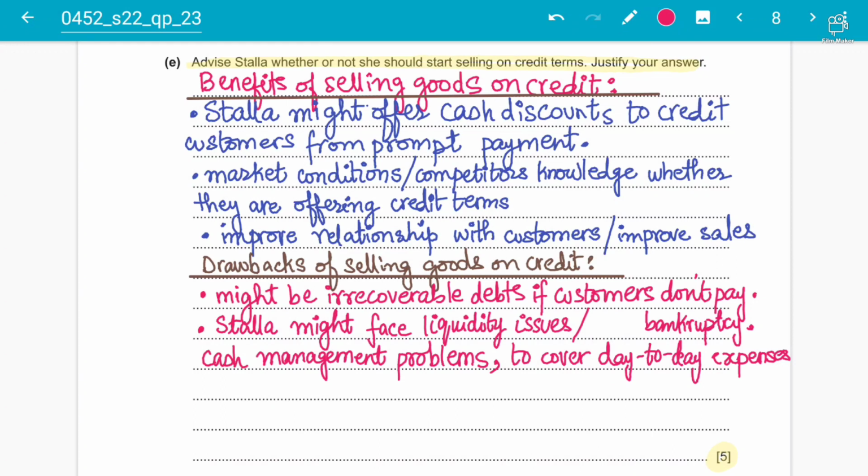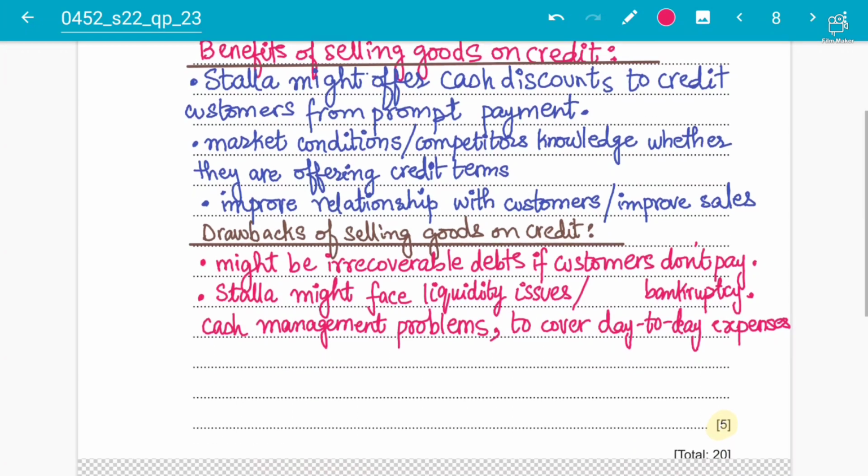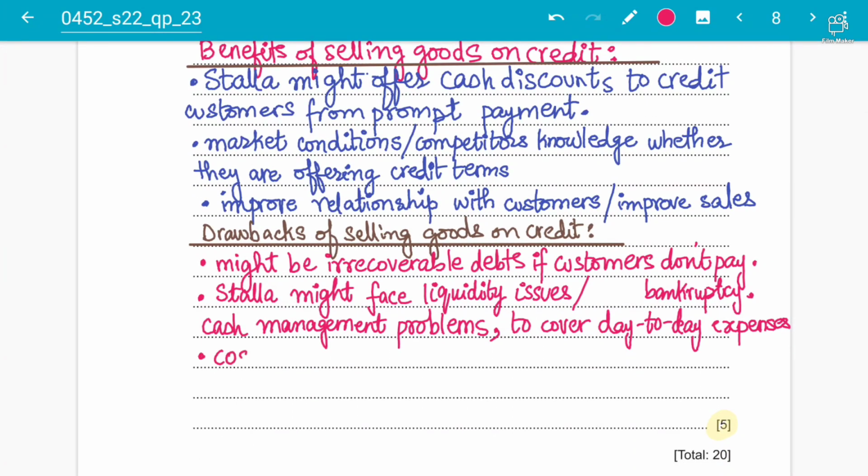आप कैश सेल्स में फ़ौरन पेमेंट रिसीव कर रहे हैं, क्रेडिट सेल्स में आपको लेटर पेमेंट है 2 मंथ्स बाद, 3 मंथ्स बाद, ओके। तो स्टेला जो है वो डेफिनेटली कैश फ्लो लिक्विडिटी प्रॉब्लम्स फेस कर सकती हैं, और स्टेला को काफ़ी वर्किंग भी करनी पड़ेगी, इसमें कॉस्ट भी इन्वॉल्व होगी कि कॉस्ट ऑफ मेंटेनिंग, क्योंकि आपको एक मैनेजर सुपरवाइज़र रखना होगा कि जो क्रेडिटर्स को कॉल कर रहा है कि भाई आपकी पेमेंट का टाइम आ गया, आप पेमेंट ड्यू है, आप उनकी क्रेडिट रेटिंग्स लें, कॉस्ट ऑफ क्रेडिट रेटिंग्स, कि भाई ये कस्टमर्स को क्रेडिट पे देना भी चाहिए। कुछ कस्टमर्स होते हैं जो पे नहीं करते, जिनकी जो इमेज होती है वो मार्केट में इज़ नॉट गुड,